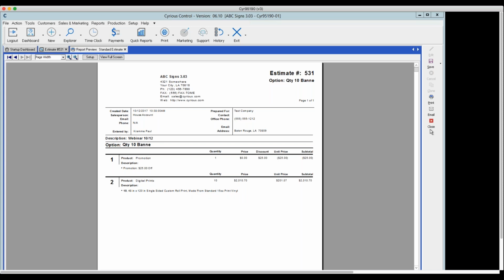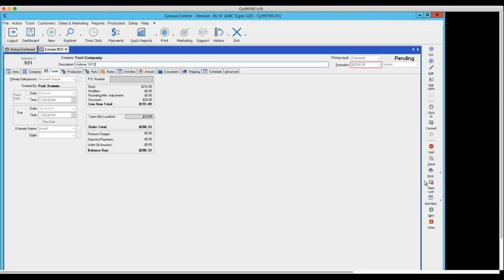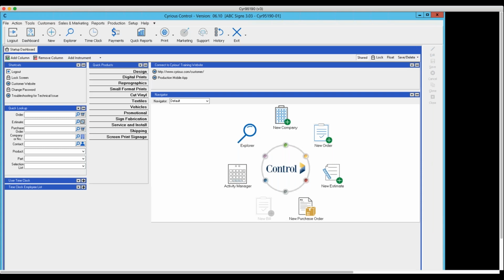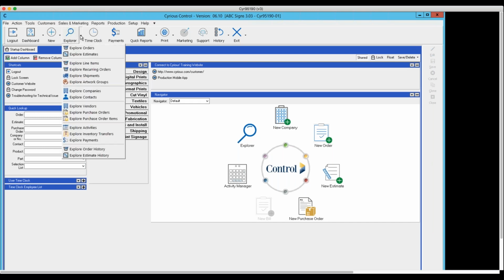And I could then print that. I could email it. We'll talk about those print options. But I wanted to show you the context of the use of variations. And now I'm going to close this, and we're going to pretend that 2 or 3, 4 days has gone by. Okay. So first, if I want to convert that,